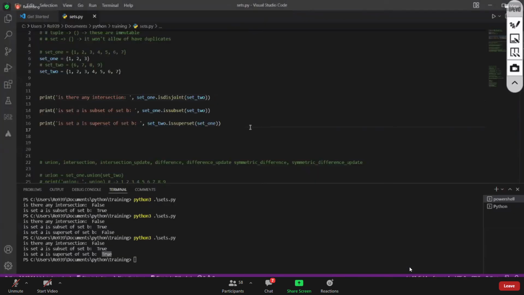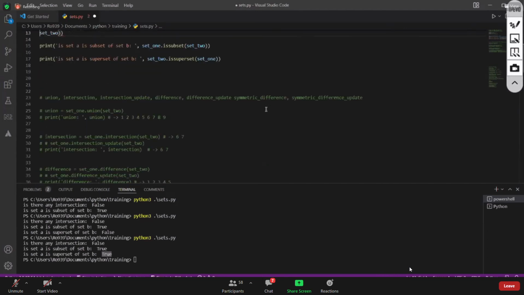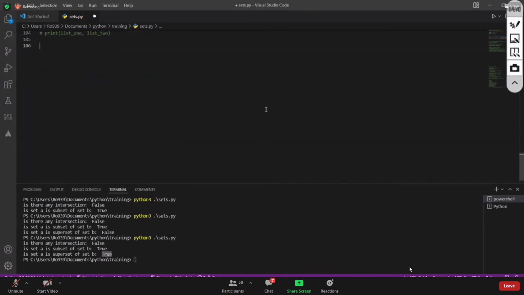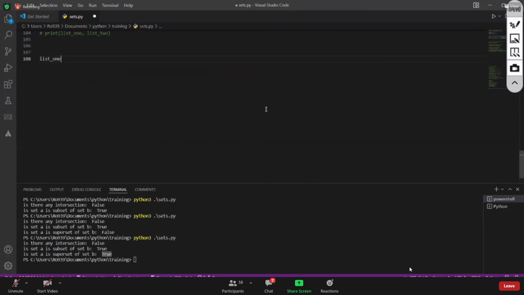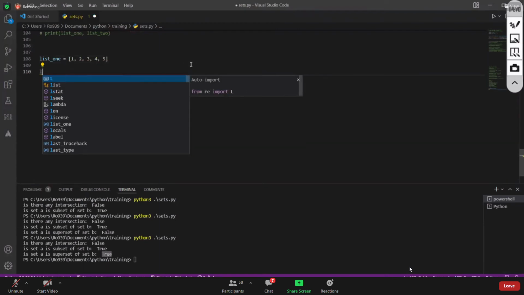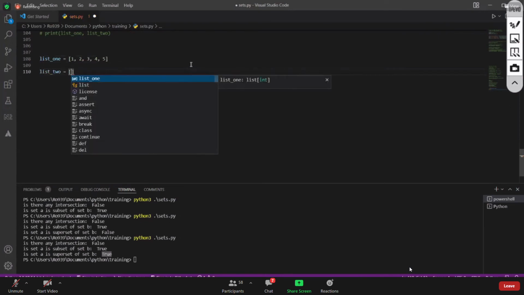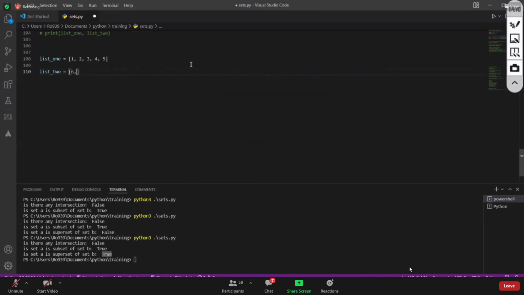Maybe you will get a question like this. Maybe they won't directly ask you whether these two are disjoint, but maybe you will get a question like: list 1 is 1, 2, 3, 4, 5, and list 2 is 6, 7, 8, 9, 10. These are the two lists which you will be getting in your exam, and they'll ask you whether